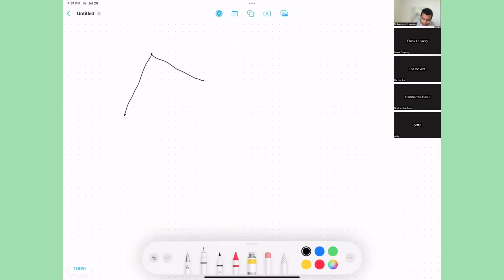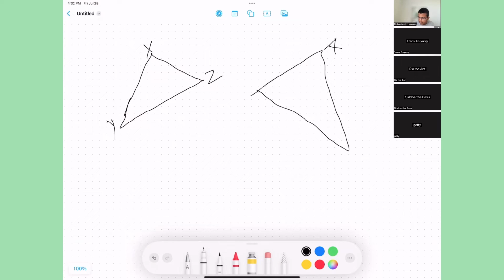If I have two triangles like this, say X, Y, Z, and something like this, A, C, B. Actually, let's relabel the sides. So A, B, C, and then X, Y, Z. Okay, so if we have something like this,